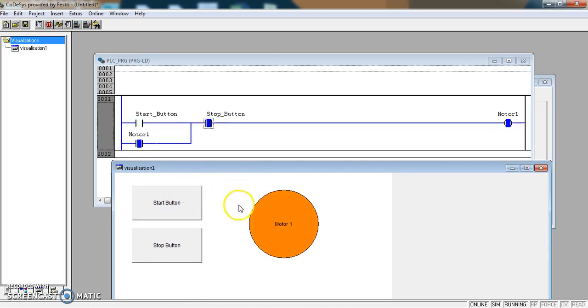So start button, you can see now the motor is running. You can see the start button isn't active because there's a break here in the contact, but the motor has self-latched. This contact is closed and it's holding, keeping the motor running. And if I press stop, that breaks the contact and the motor goes off. So that's our first little visualization or simulation. So come back to the next video where I will add a timer